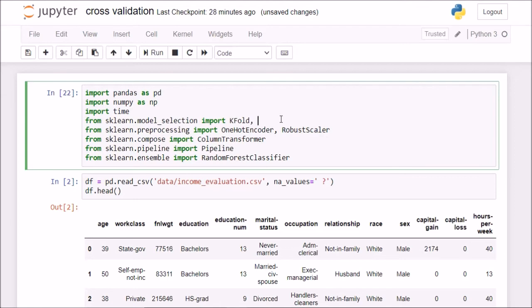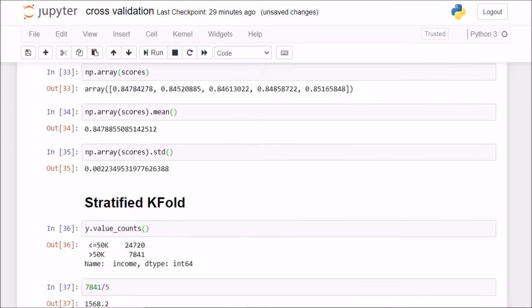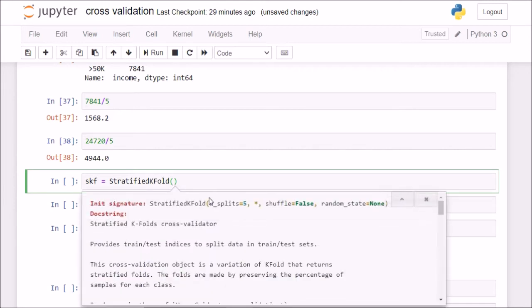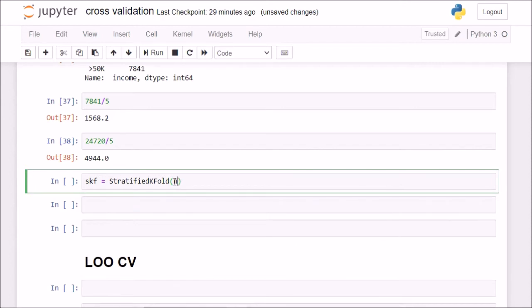So I'll import stratified k-fold here also. Now I'll instantiate an object of stratified k-fold as well. I need to pass in an argument of n_splits, so I'll just let it be 5. Now this is my object done.